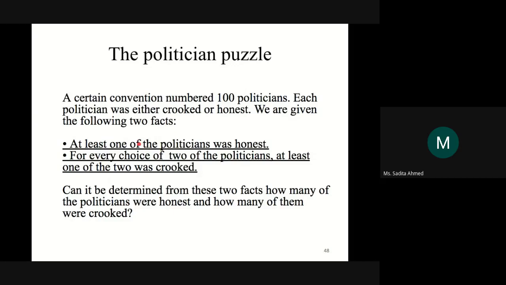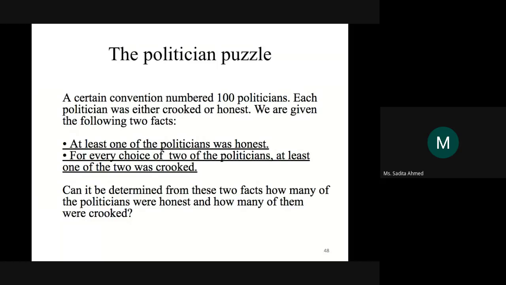So what if we pick that one politician, put it in our choice? Put that politician in the pair and keep that politician fixed. That is, that one honest politician will always be fixed in the choice of the two politicians, in all combinations. So in this choice, one position is filled up by that one honest politician. For the other position,